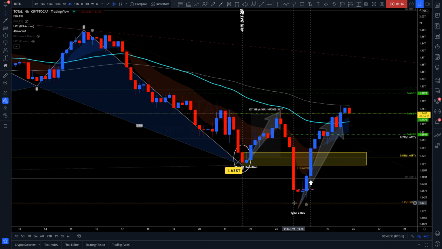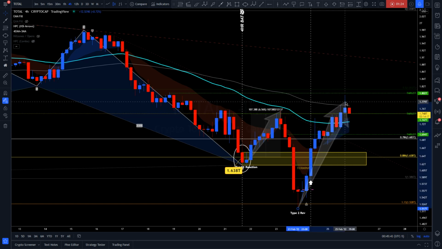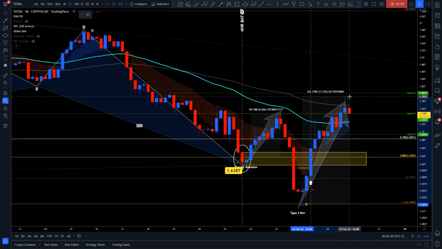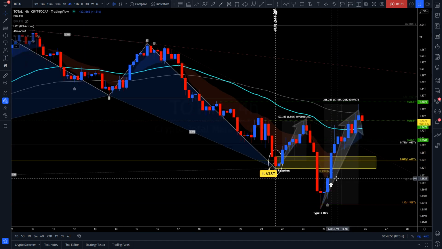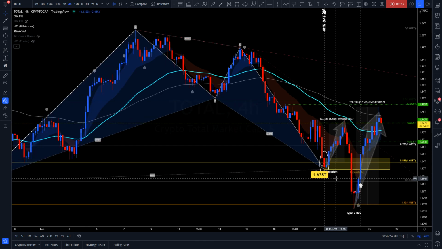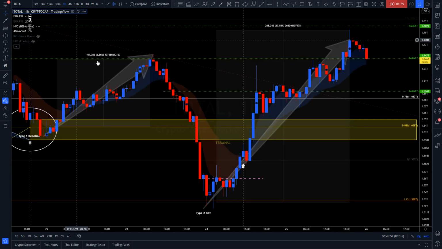We had a failure back down all the way to the hop zone, and then we had an even stronger type 2 reversal back into what we have now, our highest point in the market, measuring down here from our hop level all the way up here. It's been a 268. Once we've usually identified on the 4 hour, I go down to the 1 hour